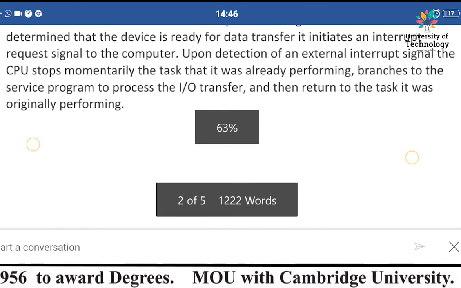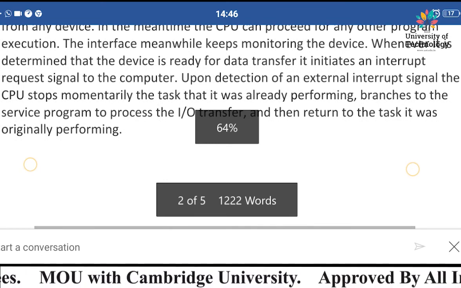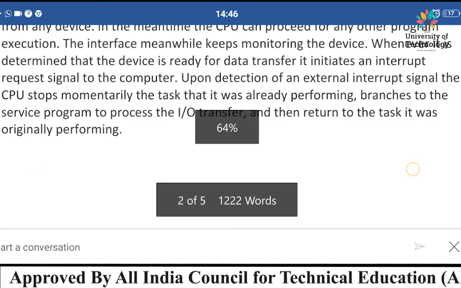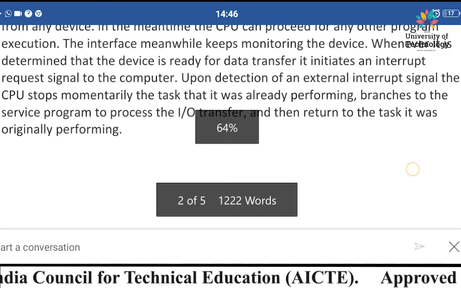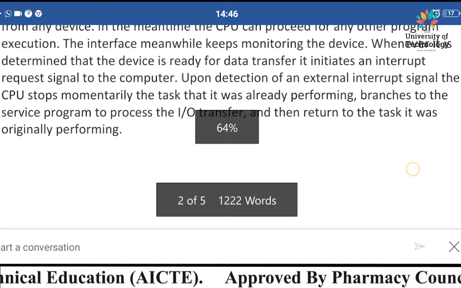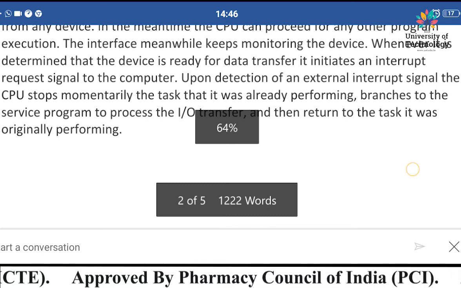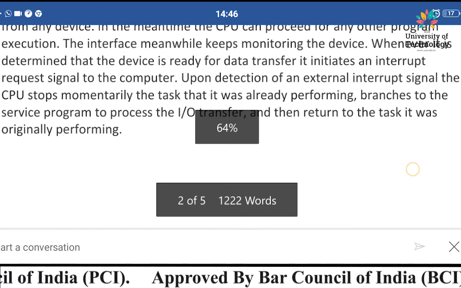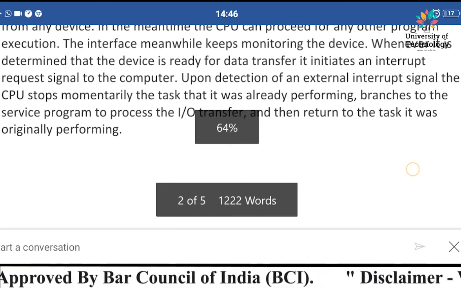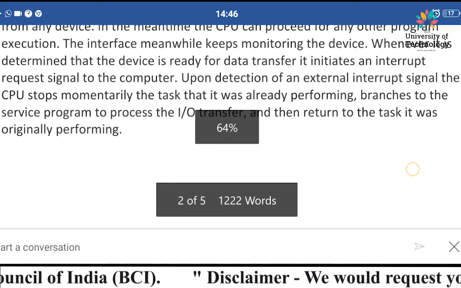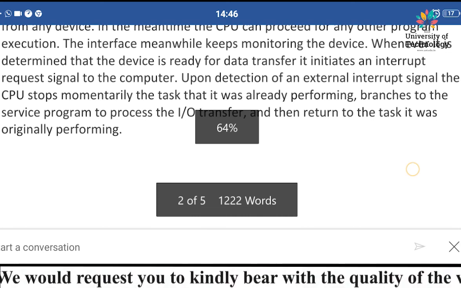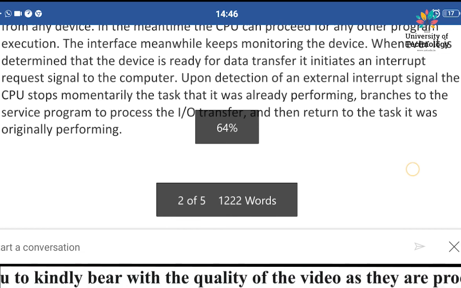performing. So interrupt is basically interrupting the task of the CPU, whereas in the loop method it keeps on going to check whether it's ready. The basic function of interrupt is to create interference in the task of a CPU and ask the CPU to do the current job which has been allocated, and after finishing that current job, the CPU can again come back to the task it was doing earlier.